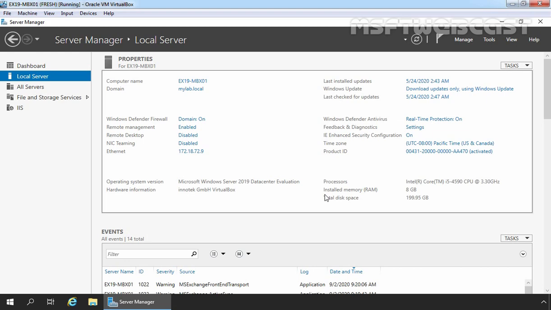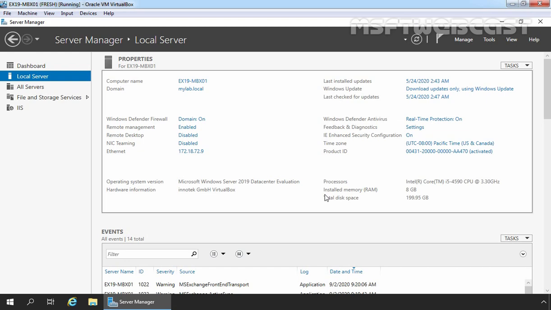If you have a .local internet domain name and want a .com or other domain name, then this is where you need to configure an accepted domain. In our example, a registered domain name on the internet is msftwebcast.com, and we have also configured an MX record in public DNS for msftwebcast.com. But the forest root domain name is mylab.local, so we need to configure msftwebcast.com as an accepted domain in the Exchange organization.